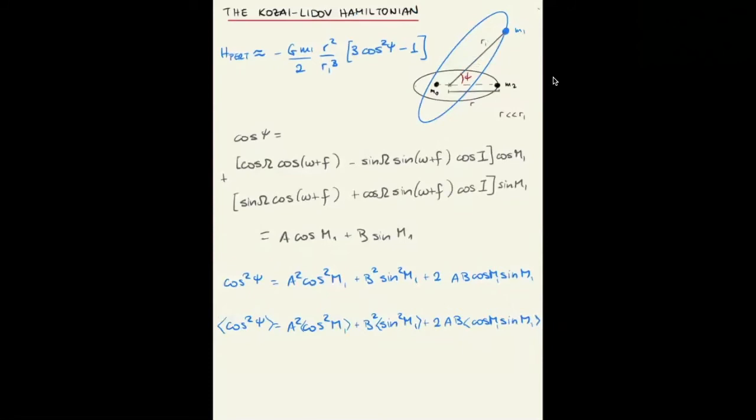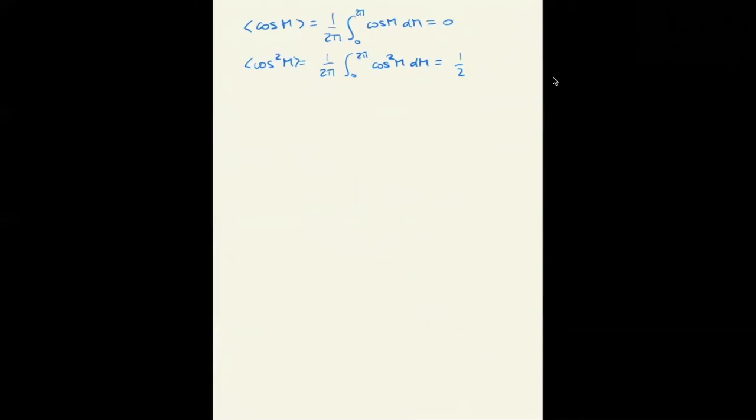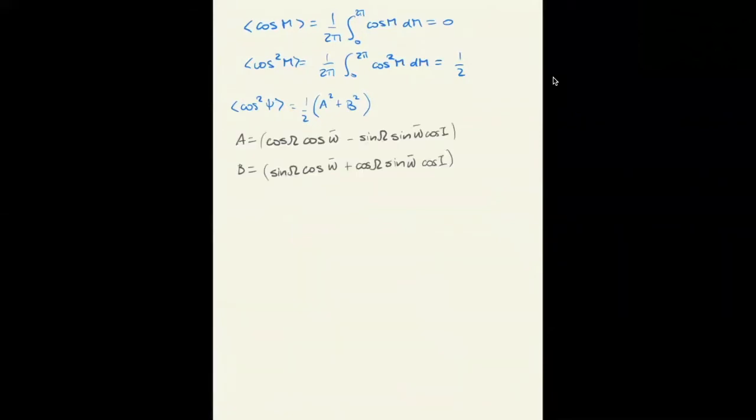Now, because the cosine and the sine are periodic functions, the linear ones cancel out. And the average of cosine squared and sine squared over a period is equal to half. So if we place this back, then the average of cosine squared is half of A squared plus B squared. Now that's the average along the orbit of the outer binary. Let's substitute now the expressions for A and B, where we simplified the notation here by defining omega bar as omega plus the true anomaly. So we need the square of these. What we have with them is that